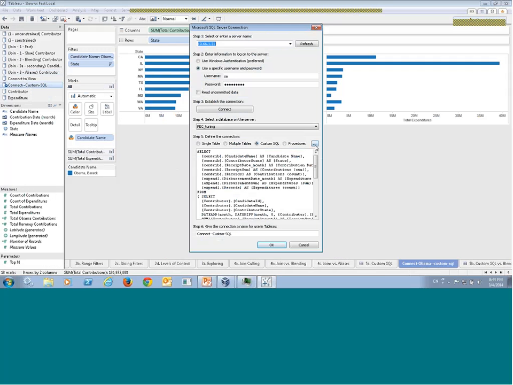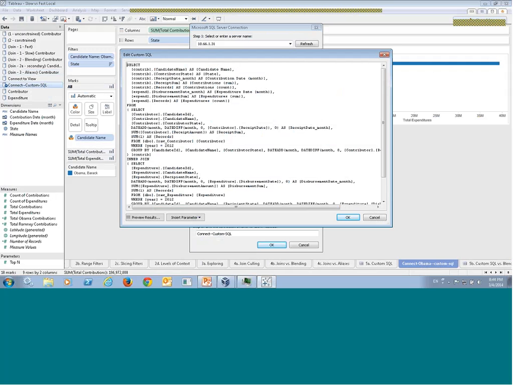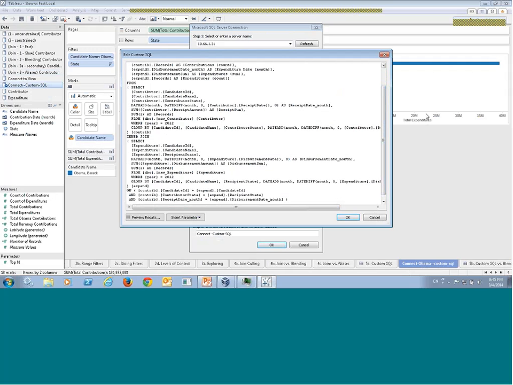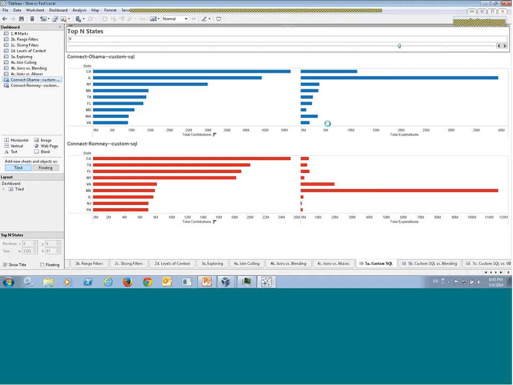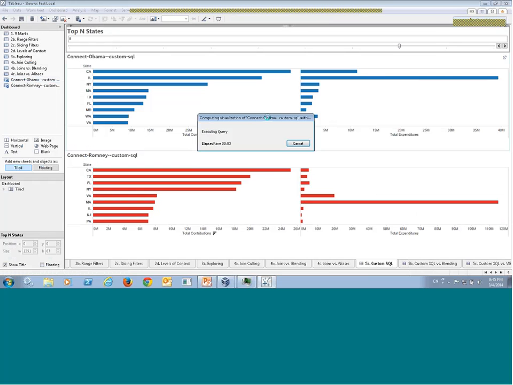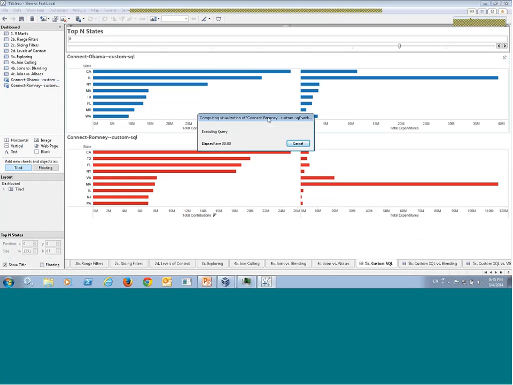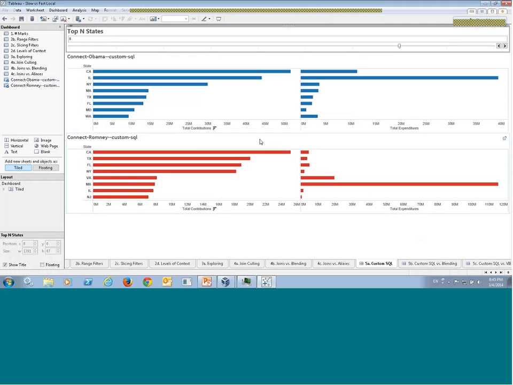Fairly complicated query. What happens is that, in order to generate that view, the dashboard actually aggregates two different tables up to the month level before doing the inner join. It's something that you need to do in custom SQL, but notice the performance impact on that. Trying to filter a particular value, you see it takes a while to execute the query, and before it computes the visualization, computing the view layout. So it takes about a couple of seconds here,